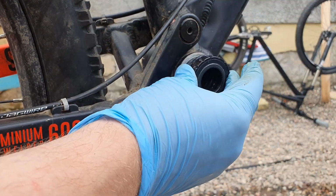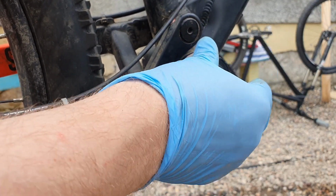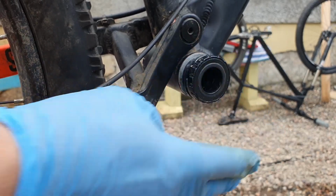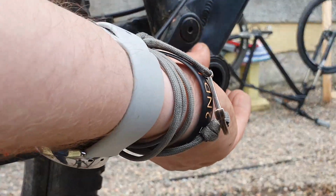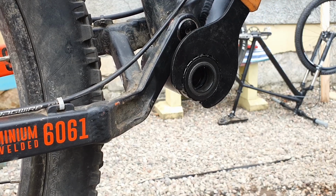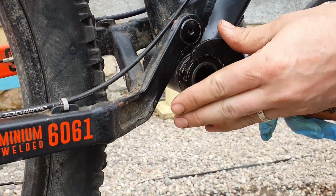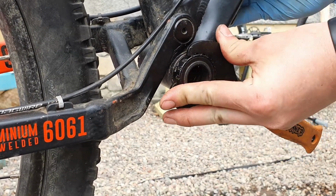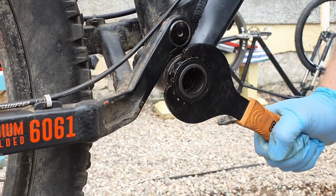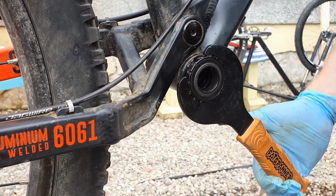Now it is on this side reverse threaded, so we are going the opposite direction we normally would, which in this case is anti-clockwise. We're moving this direction, counterclockwise, and that's pretty much it. So just to give you an idea of how tight we are doing it, just bringing it up that way